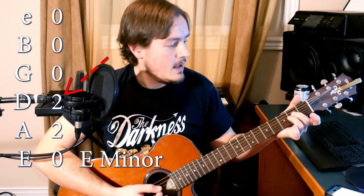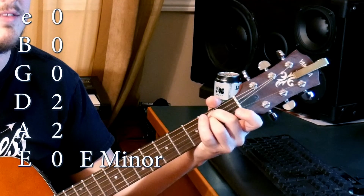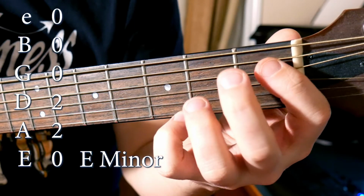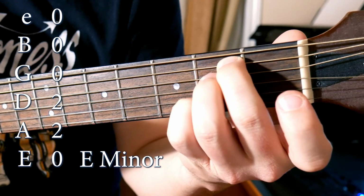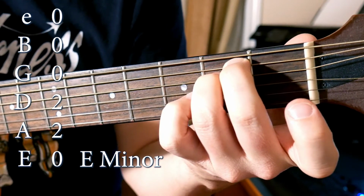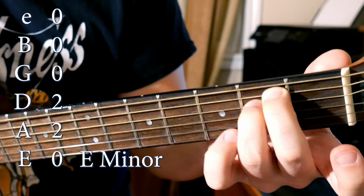The second chord we're going to learn is E minor. You can see that we need the 2nd fret pressed on the A string and the 2nd fret pressed on the D string. And you'll find that it's impossible to now press both in the exact middle. So put your middle finger on the 2nd fret of the A string, here, a little closer to the line, and then put your 3rd finger on the 2nd fret on the D string in the remaining space. All you want to make sure is that you're pressing down the string between the raised bumps and not on them. And this chord sounds like